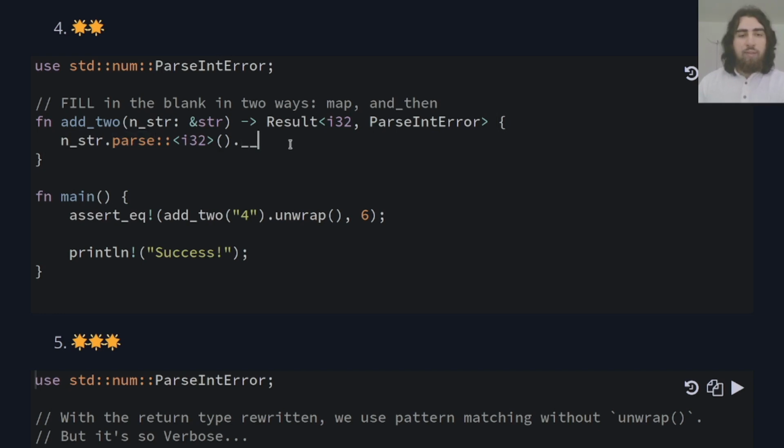And then, as you can see, when we provide here add2 with a string holding 4, then we want to get back 6. So as you can see, when we provide 4, we will get back 6 over here. And that means we want to parse this string and then add 2 to the parsed number. And for that, we can use map, which is really convenient,